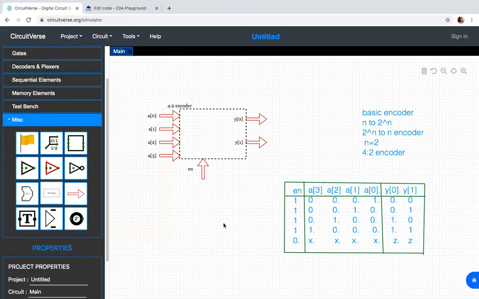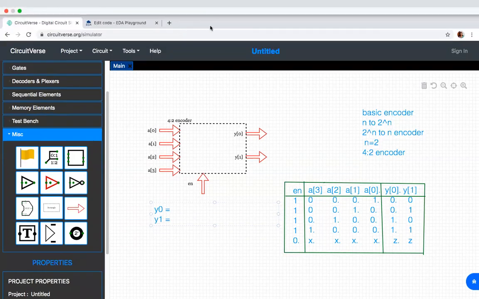Now you have to write the Boolean expression for this. We have to write the Boolean expressions for, what are the two outputs I have? I have to write the expression for y0, and also the expression for y1, which I leave vacant. In an encoder, we have to write the expression for y0 and y1. Now when I take y0 you can see it is 1 over here. How do we write the Boolean expression?